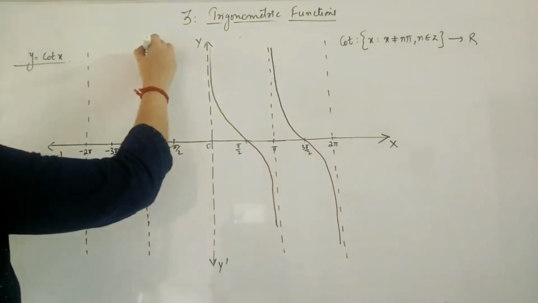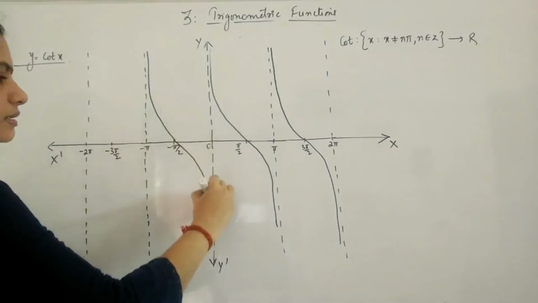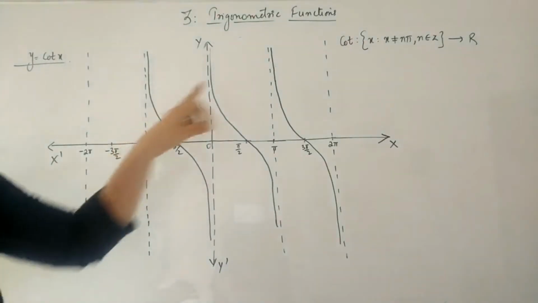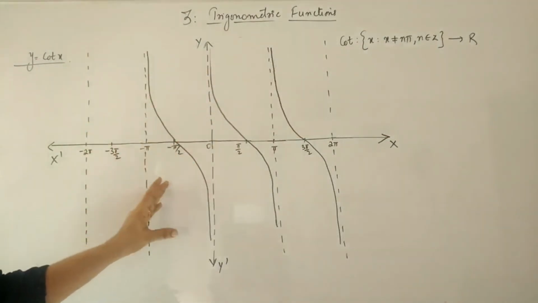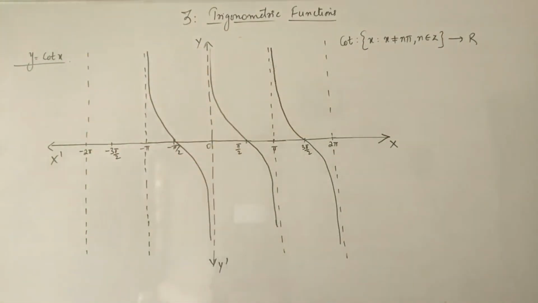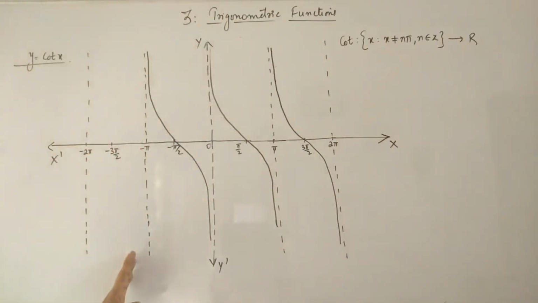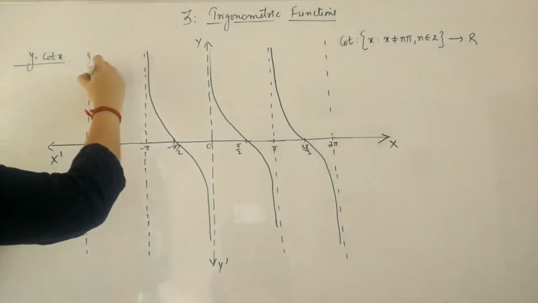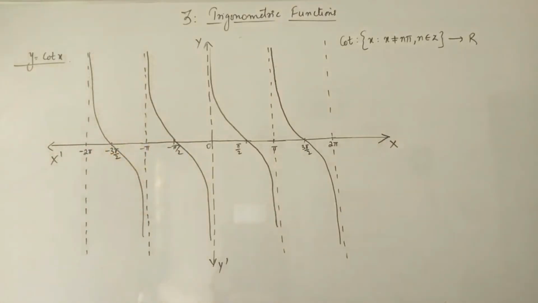Okay, again in this interval you will have like this, cot minus pi by 2, again 0 will give you like this. That means it is taking all the values in the graph except for those x which have n pi as the multiple, so that cot x will give you all the real numbers. Okay, so the infinity part has been marked like this, not touching this dotted line. Clear? So here also you will have the same pattern. Like this it will go.